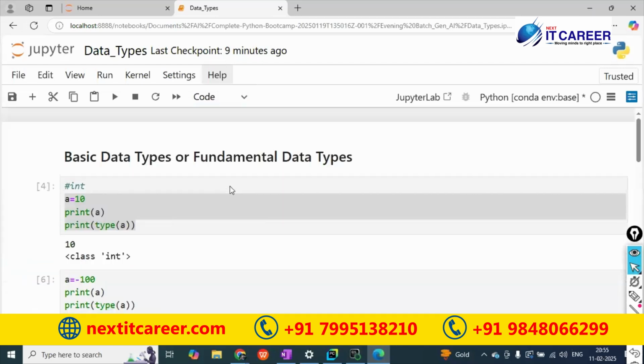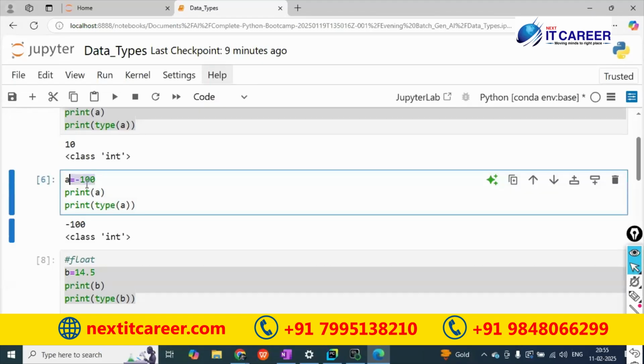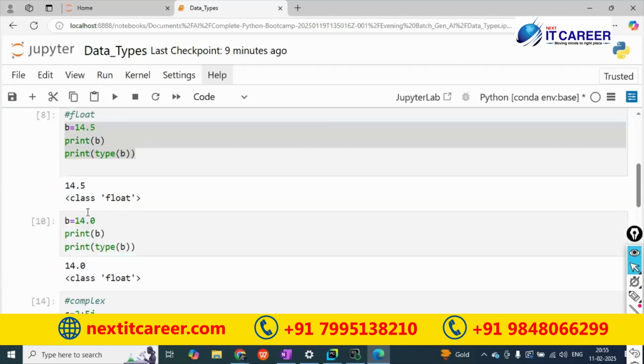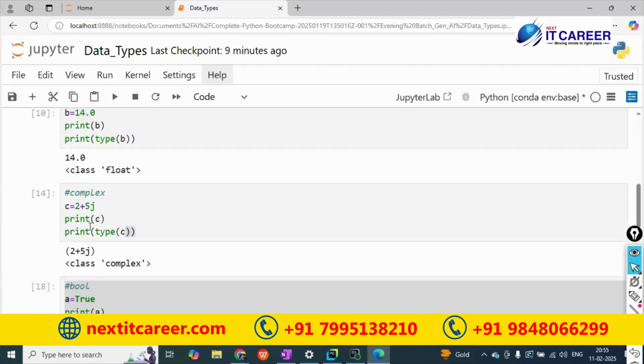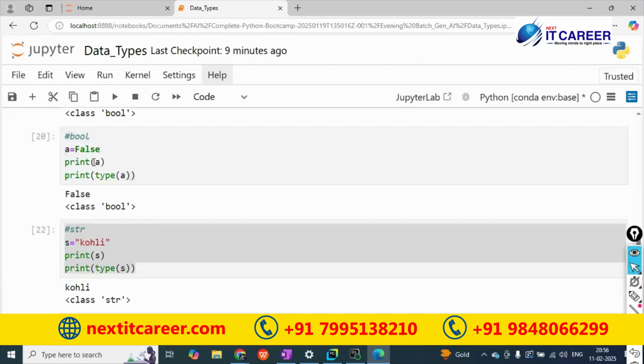If you see any example, I am using only one value at a time. For example, age equals 100, only one value I can keep. And for example, 14.5, every time I'm giving one value at a time. For a single variable, I'm storing only one value. Let us take a use case.